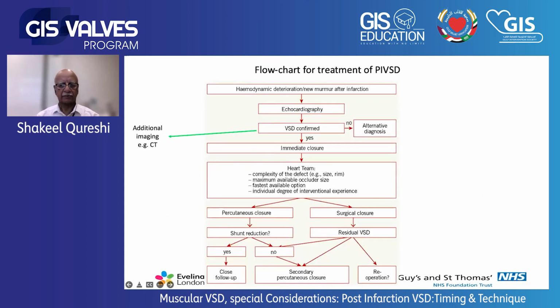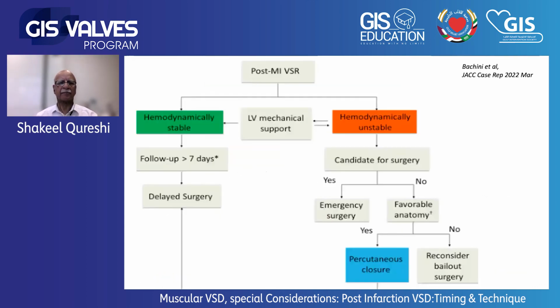And so here's a flow chart, which is slightly complex, but a simplified one shows that if post-infarct there is ventricular septal rupture and the patient is hemodynamically stable, and it's beyond 7 days, then you can delay the surgery and do it at a more stable time. If the patient is on mechanical support and is stable, again, you can delay it. But if the patient is unstable, either on mechanical support or unstable anyway, and if he or she is a candidate for surgery, then emergency surgery is performed. But if he or she is not suitable for surgery, and the anatomy is favorable, then consider percutaneous closure and reconsider bailout surgery if required. So that's a rough sort of